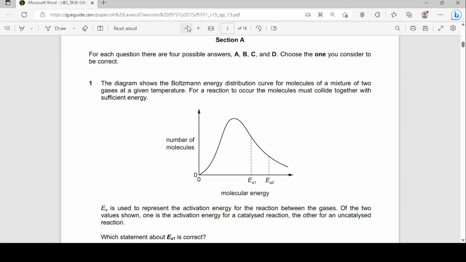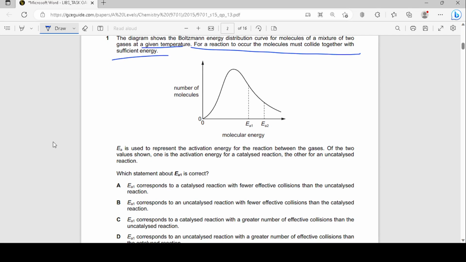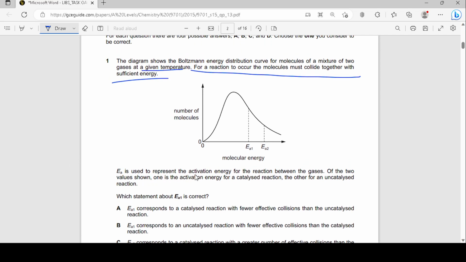Okay, so let's go to question number 1. The diagram shows the Boltzmann energy distribution curve for molecules of a mixture of two gases at a given temperature. So the temperature is constant, right? For a reaction to occur, the molecules must collide together with sufficient energy. Obviously, we need that for a reaction. EA is used to represent the activation energy for the reaction between the gases. Of the two values shown, one is the activation energy for a catalyzed reaction, the other for an uncatalyzed